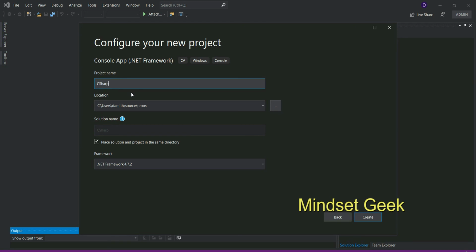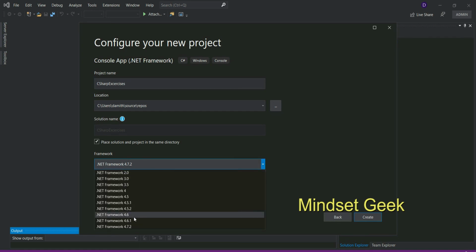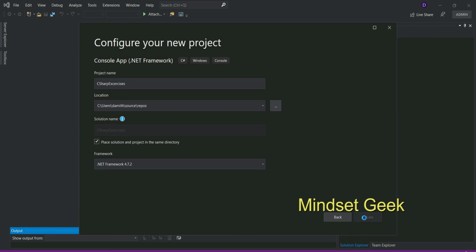C sharp exercises, and you can select whatever .NET framework version. It should be higher than 4.5, right? You can use 4.5 or I use my latest one.